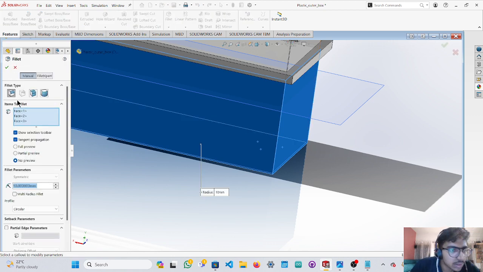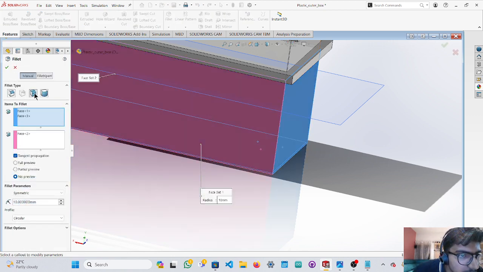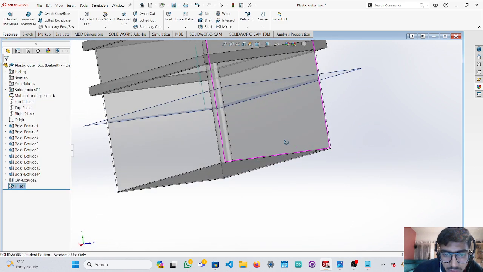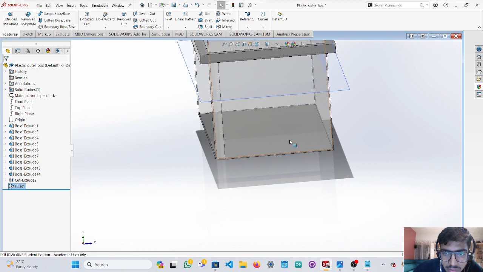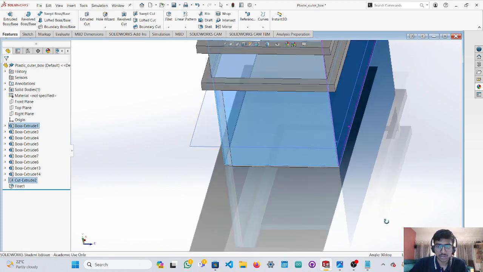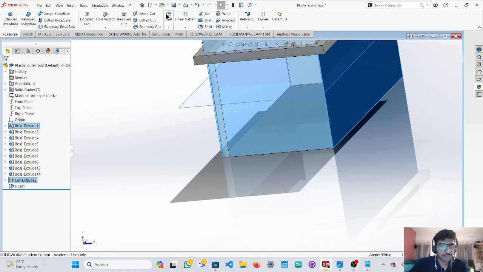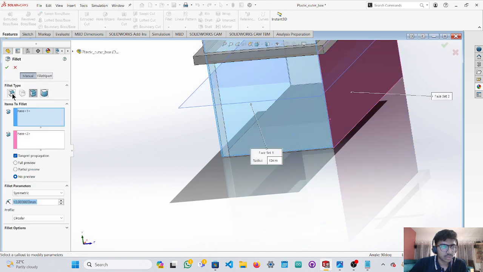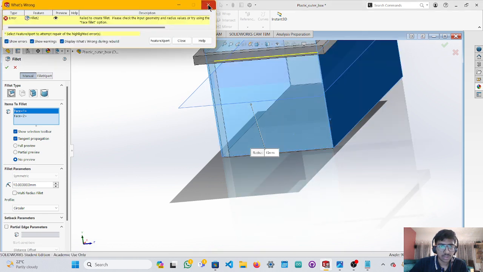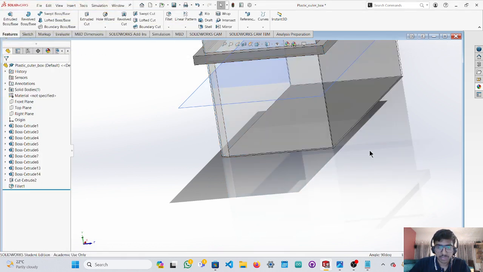Fillet the region, similar as this. Exactly. So yeah, this part and this part as well. Just fillet it. This part is not getting